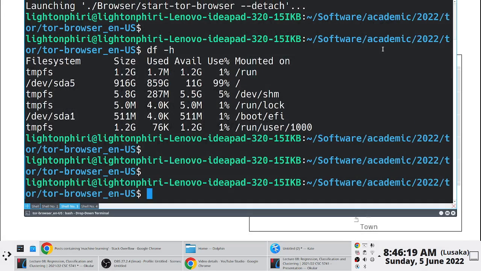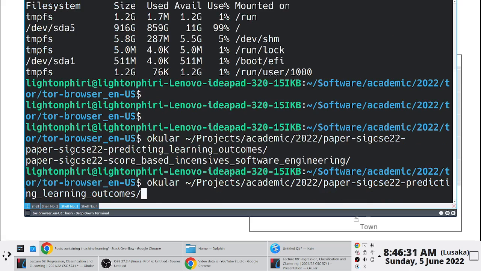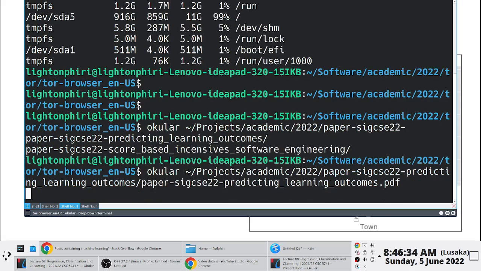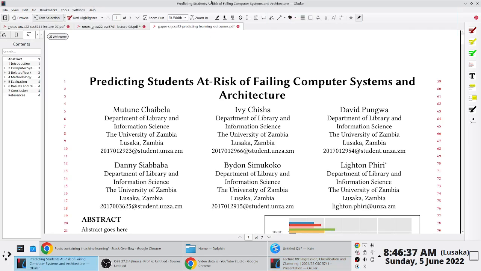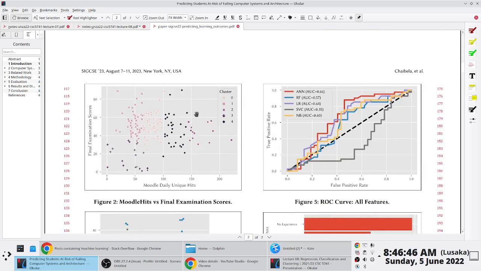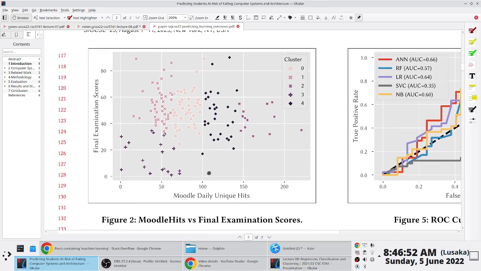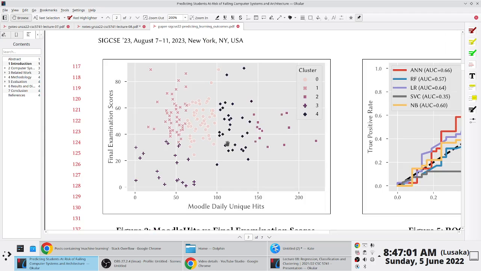An example that comes to mind here is the student data set that we're working with, which could be used to try and do some unsupervised machine learning. So a classic example of what we can do is we can look at the Moodle interaction logs, for instance, right? So this graph here is showcasing